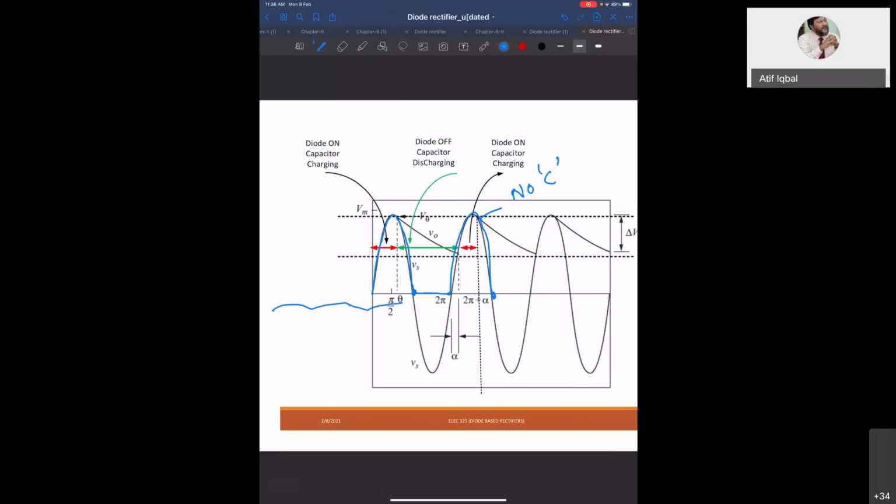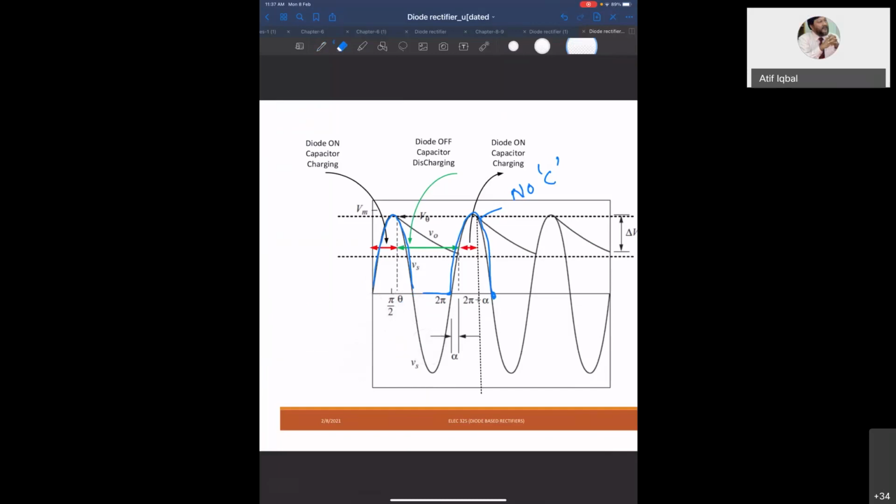Professor, I remember in the fundamentals, and correct me if I'm wrong, they taught us that when we add the capacitor in parallel with the load, the capacitor will discharge when the diode is blocking the voltage. So we will get these ripples. So what's the relationship between these two principles? Okay, let me first complete this, and then I'll take up your question. It will be clear to you by itself.